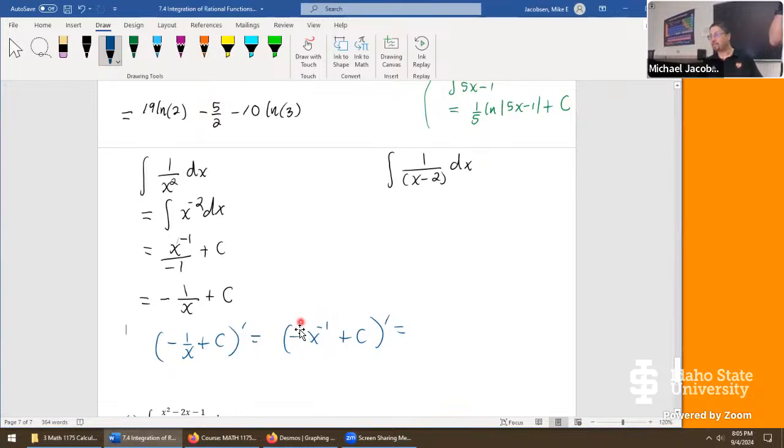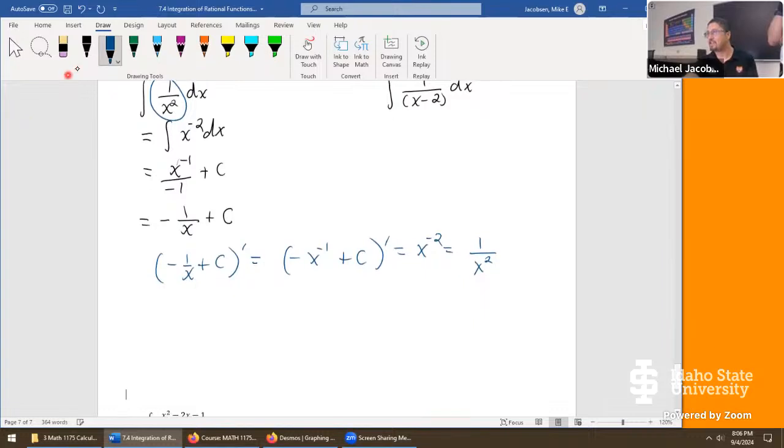Differentiate that, and the power rule says the negative multiplies here, so it's positive. The power goes down by 1, so now it's -2, which is 1 over x squared. And that gives us right back to our integrand right here. So there's only one function you can differentiate, up to a difference of a constant, that gets you back to that one. And the wild thing is, if it's a 1 over x,